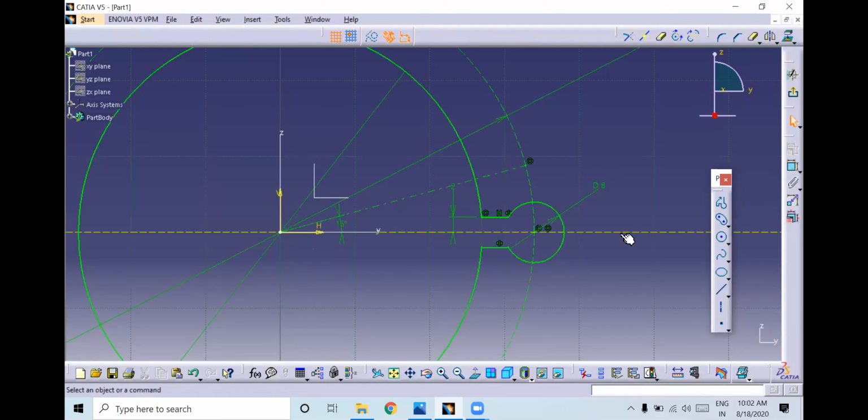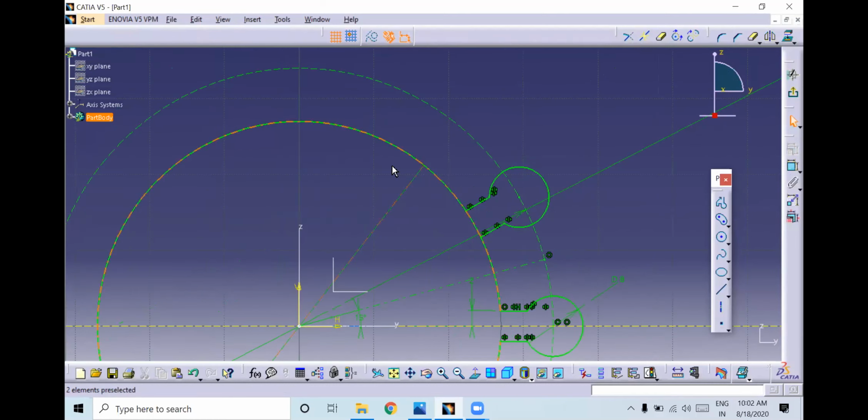Now I will select this. Carefully you need to select, go to mirror and select it. Again here we need to create another axis. Tell me the angle of that. So 30 plus 15, 45. Okay. Then again we'll trim this.